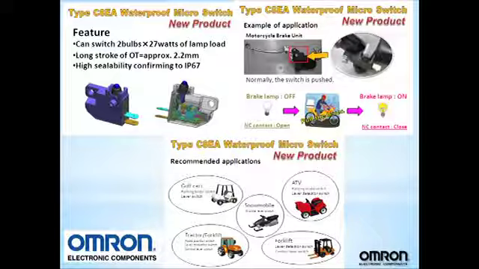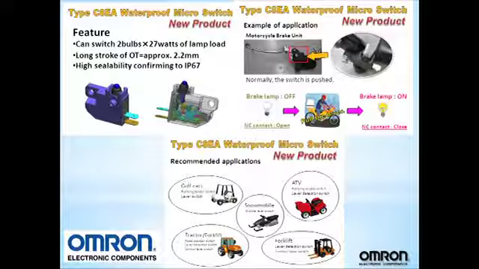Omron's designed this switch, the C8EA waterproof micro switch, specifically for motorcycle brake units. Where it would sit is on your motorcycle on the brake lever, and when you pull the brake lever it would turn on the brake lights. Because of this, this switch can handle 2 lamp loads, so 2 27-watt lamps. It has a long stroke, and it's high sealability, conforming to IP67, meaning that it can be used in wet